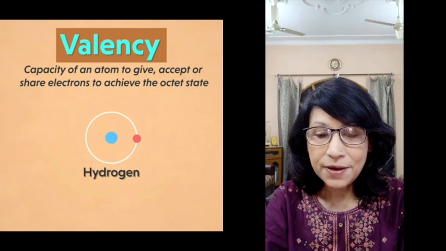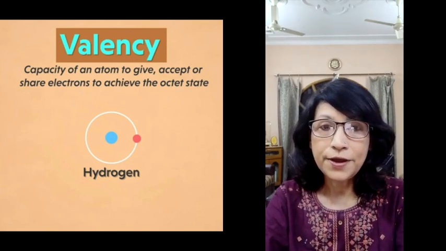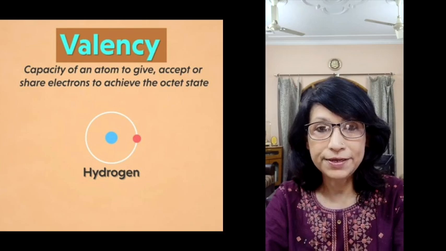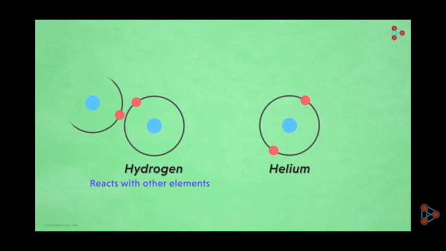Let's have a look at the table of atomic numbers 1 to 20 and their valencies. You learned this table last year as well. Have a look at it a little more closely. Atomic numbers 1 and 2, that is hydrogen and helium, and their valencies are 1 and then 0. So what makes the difference between hydrogen and helium, by a difference of just one atomic number, that the valency goes from 1 to 0? Let's have a look at other elements.